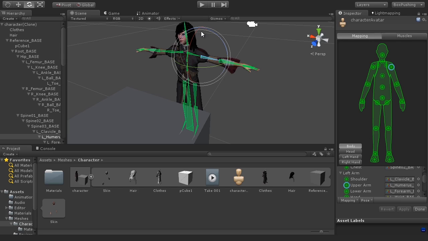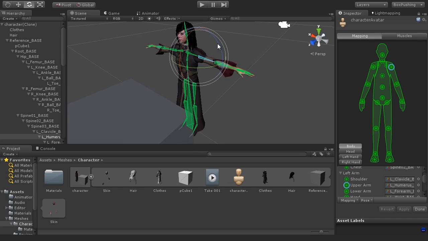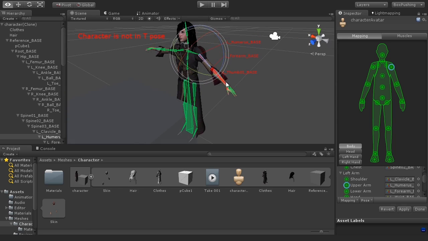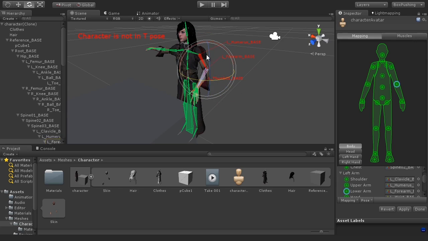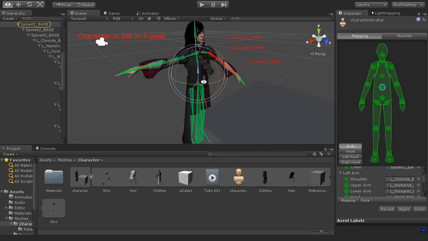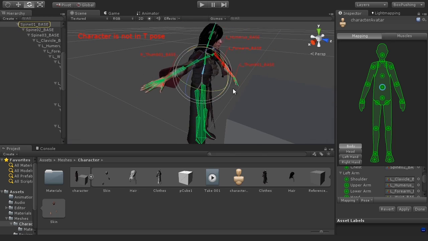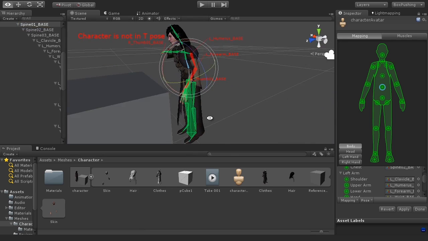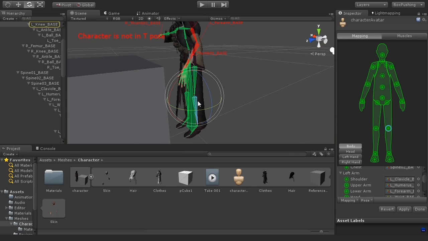In fact, I can use the transformation tools here in the editor to start to rotate the bone. You'll notice I'm getting these red error messages, character is not in T-pose, but that's absolutely fine for now. We're just testing this. Again, I can rotate this bone and notice that the arm here is deforming properly for this bone. So again, I can move the arm forward. I could rotate the head a little bit. And notice that the deformations now are working really quite nicely. So I can select this one, bend the character forward,